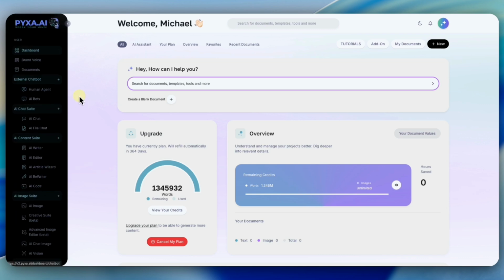And that's pretty much about the dashboard. It's very simple. Pyxa AI is a great tool that you can use to do multiple things using AI. Okay, so this